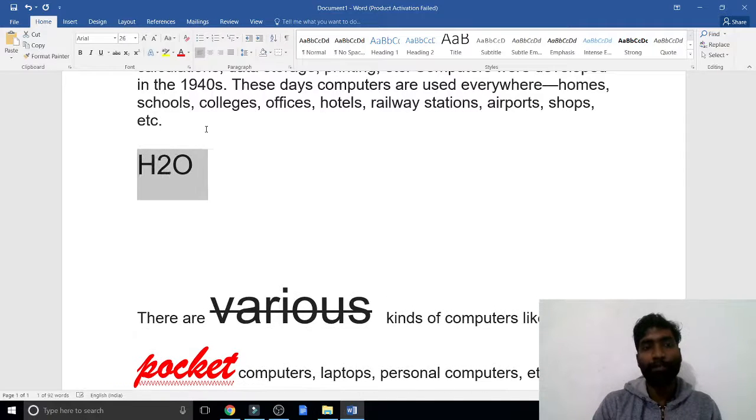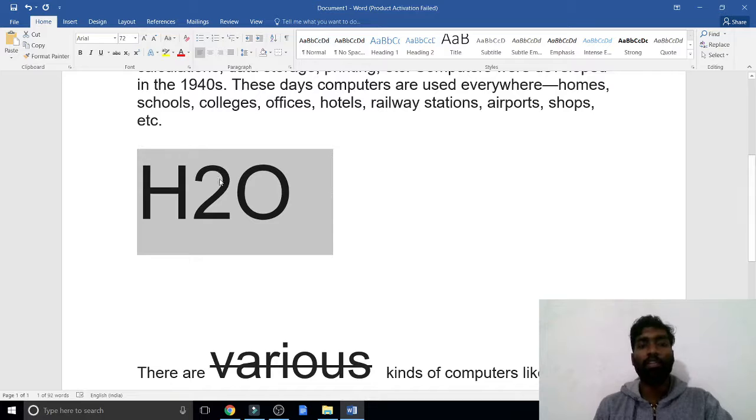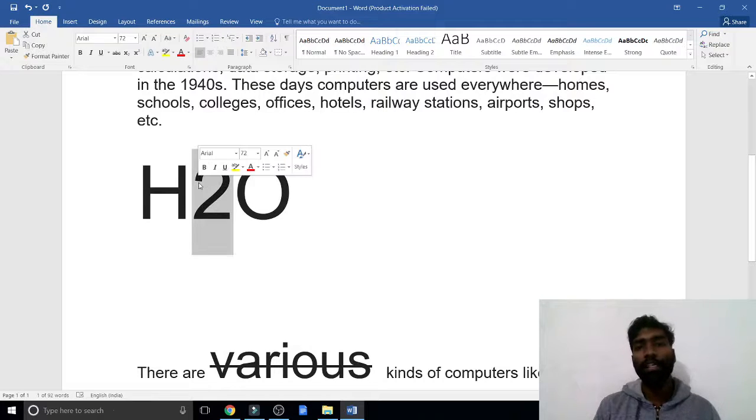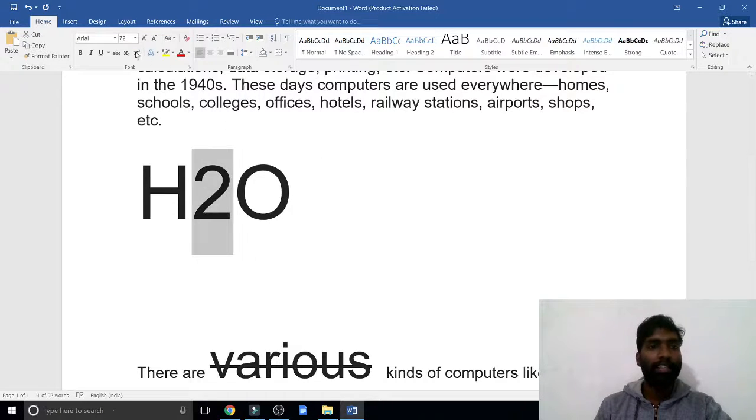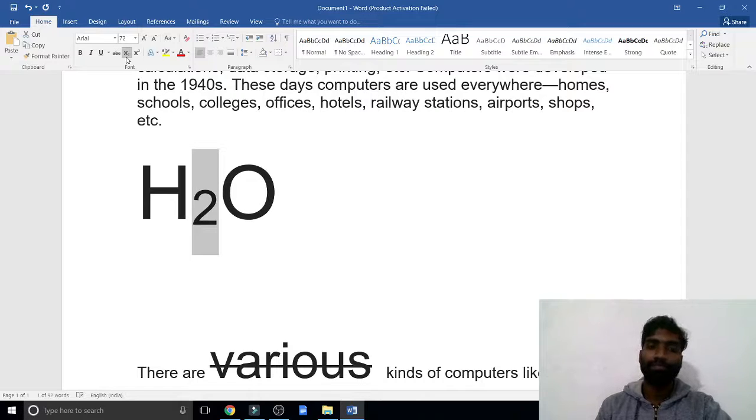Mostly in chemistry, this 2 will be downside, correct? How will we type 2 in the bottom? That is called subscript. Just select it, and subscript is there. Now 2 is at the bottom. If you want 2 upside, here is superscript. Just click superscript. Okay. So these are the things.